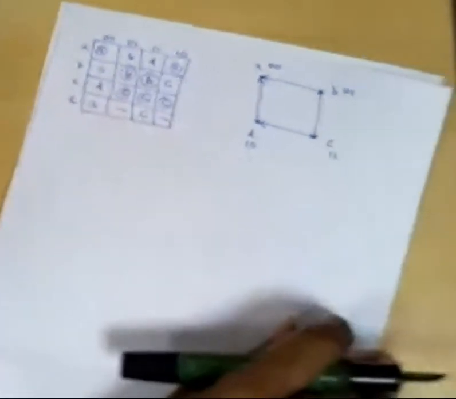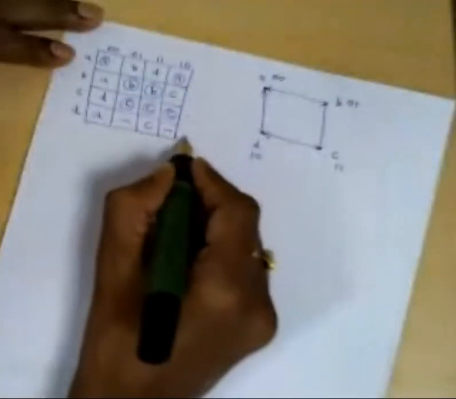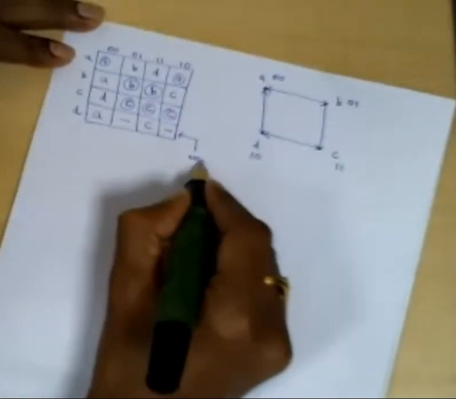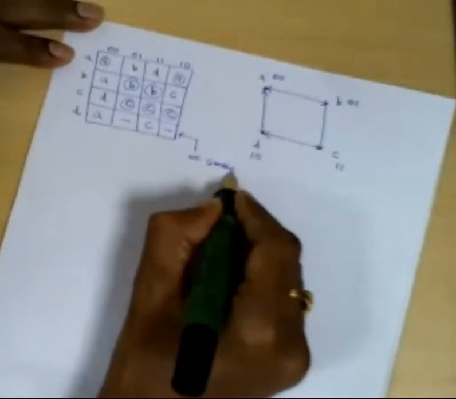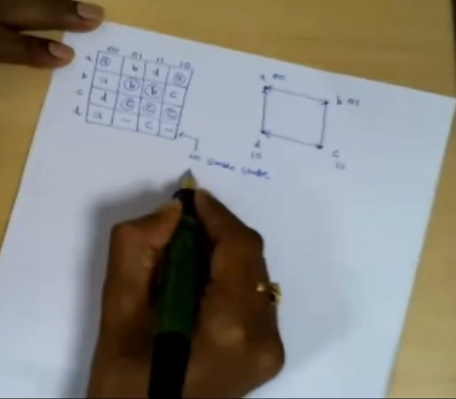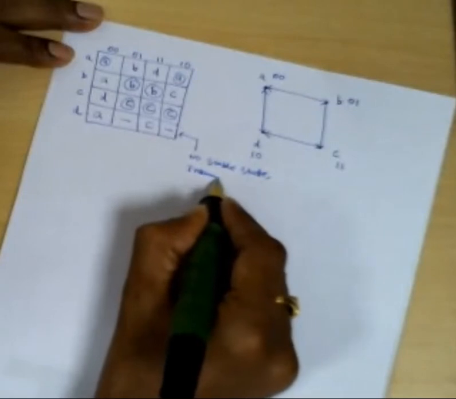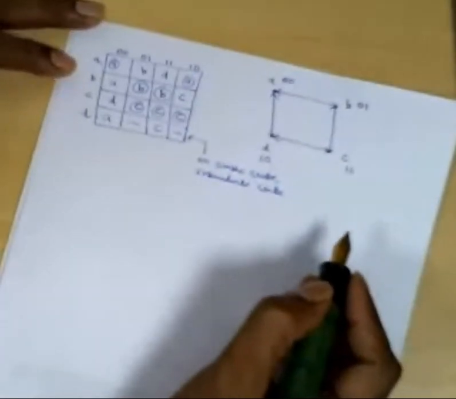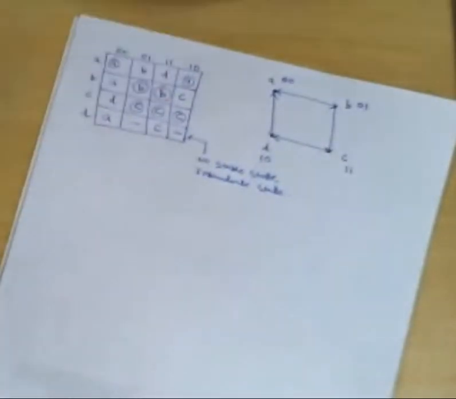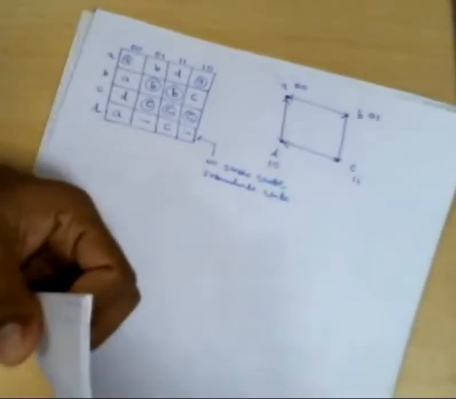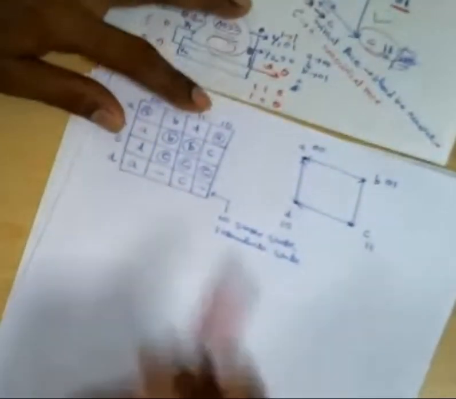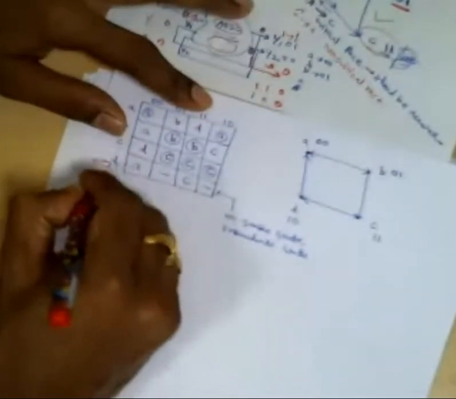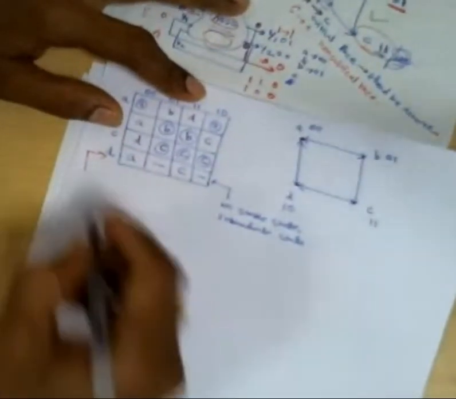Here no stability, because D will not have any stability. No stable state because it is the intermediate state. Right. Now you look here. Where is the difference between the previous one and this one? Previous one to this one, one additional state is included. This is the additional state, to avoid the races.